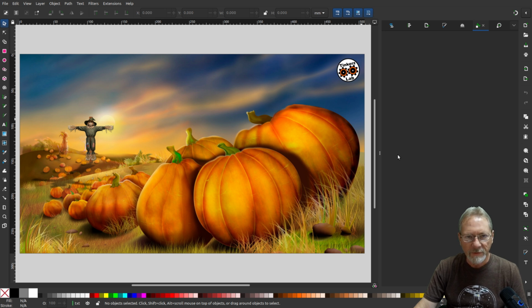In this tutorial with Inkscape, I'm going to show you how you can replace an existing image in your composition, use it as a proxy image. This happens to me every once in a while. I'll start a composition and I'll think, I've got a better image that I want to use for this. Could be a single image, could be multiple images, but I've got a way that you can replace these images, use an existing image as a proxy, so you can replace it with a new image,